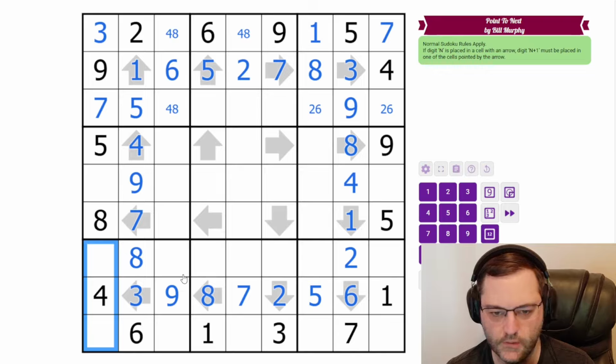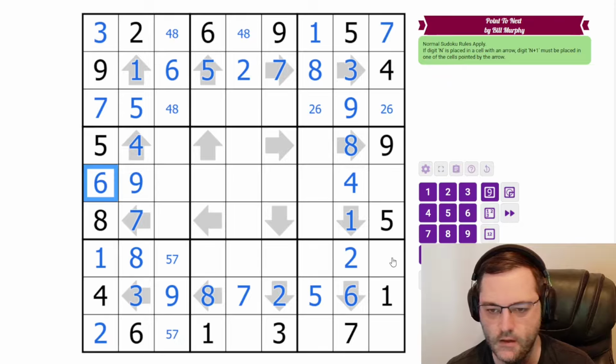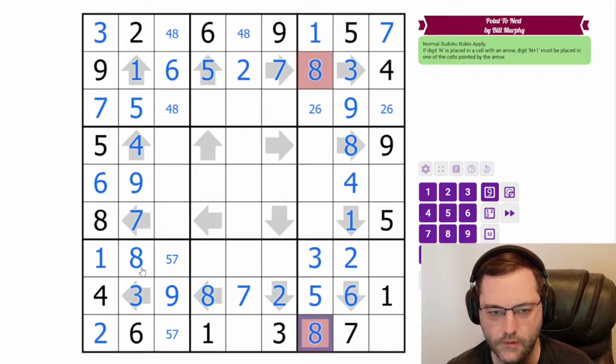In this box, see the 1 there, 5 there, 2 there. 5 and 7 here. Okay, so this is 5, 7, and that's going to be 1, 2. It's going to leave a 6 here. 3, 4, 8, 9 in this box. We have 4 and 9 here, so this has to be